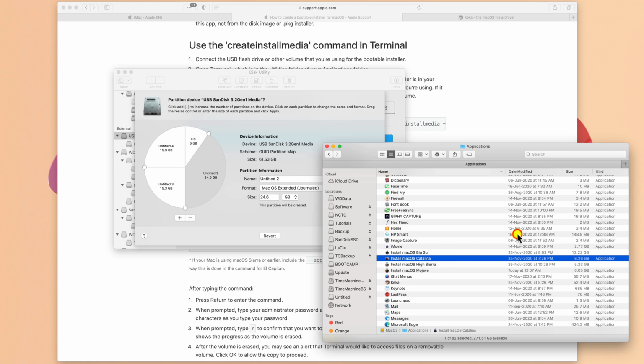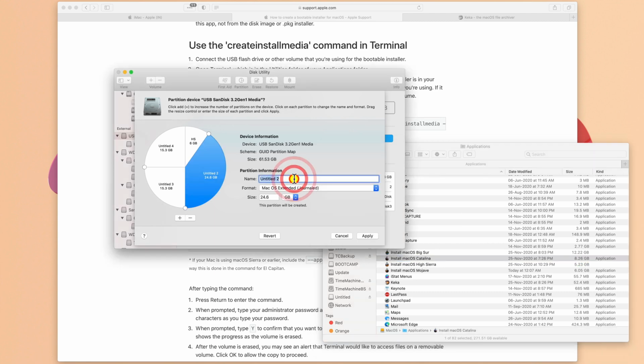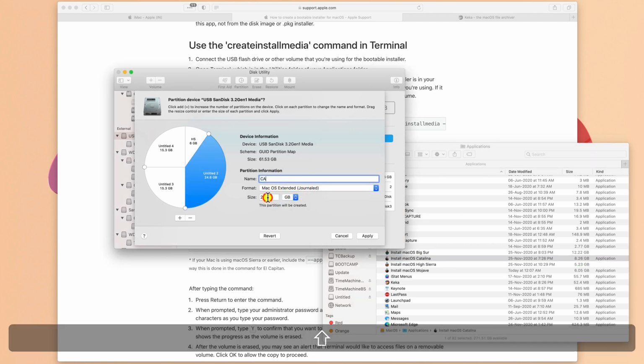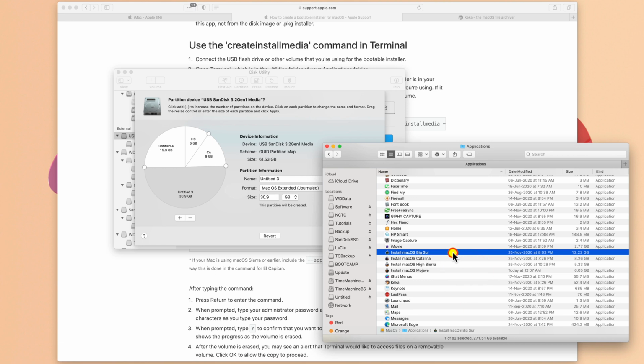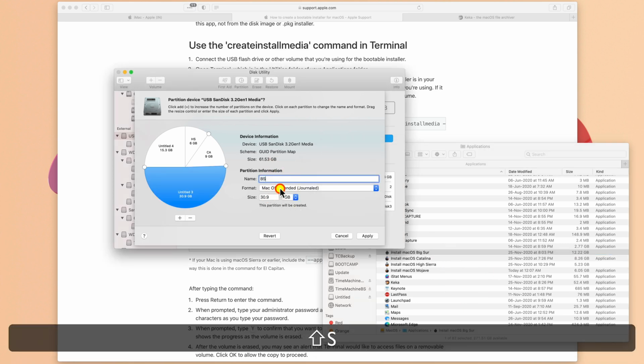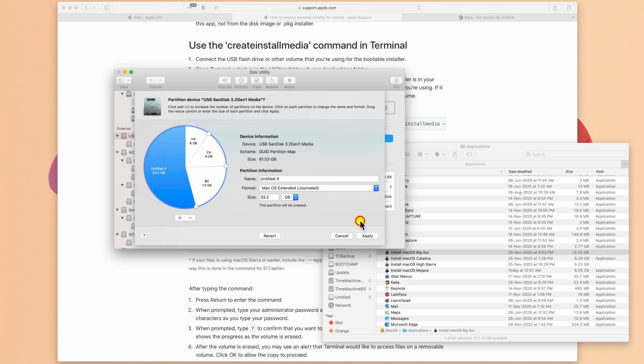Catalina is 8.26, so let's say 9. Big Sur is at 12.22, so let's say 13. And this I will leave alone for now, and we just apply.